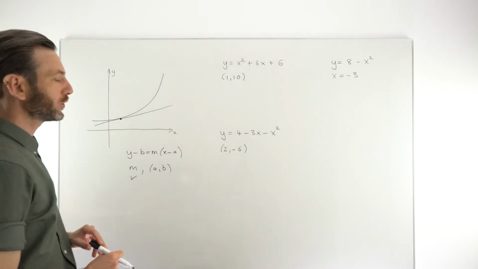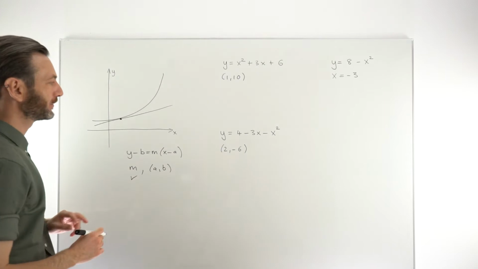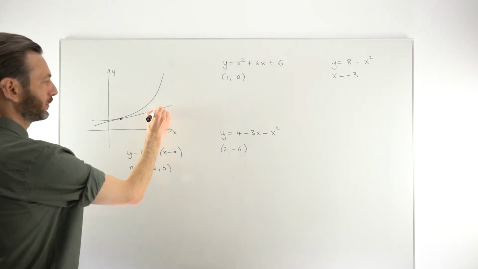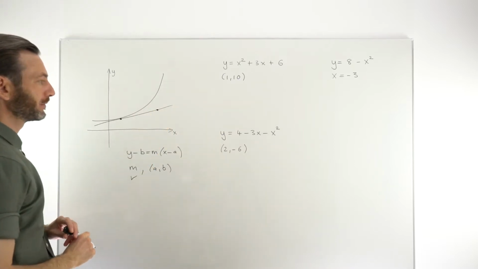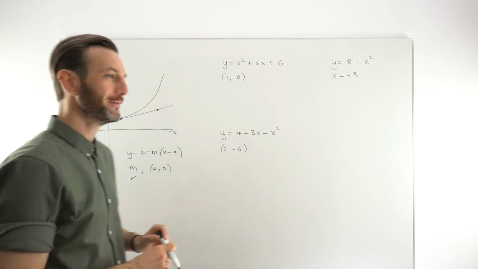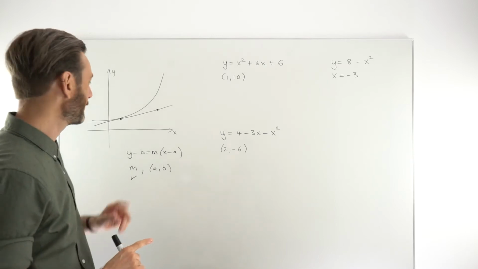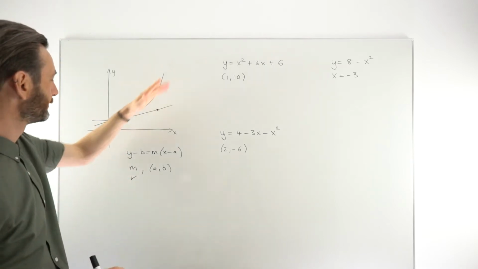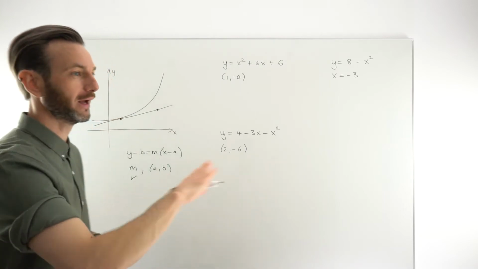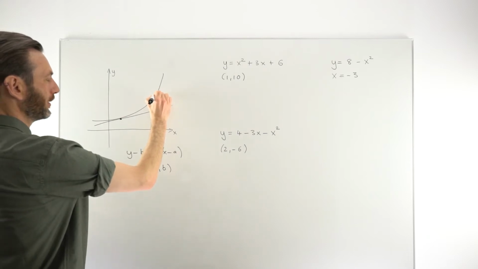Now, again, before you do calculus, when you're still in pre-calculus, you learn that to find the gradient, you need that second point on the line, like I said. So let's say we had a second point over here, that would be great. But this is calculus, and we do things a little differently here. We don't have a second point on the line. We've only got 1 point. So somehow we've got to work with the curve or the point or both to figure out the gradient of that tangent line. The way it basically works is, if you imagine that you had another point up here on the curve,